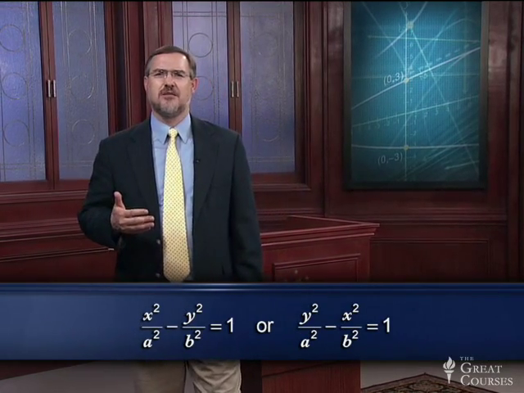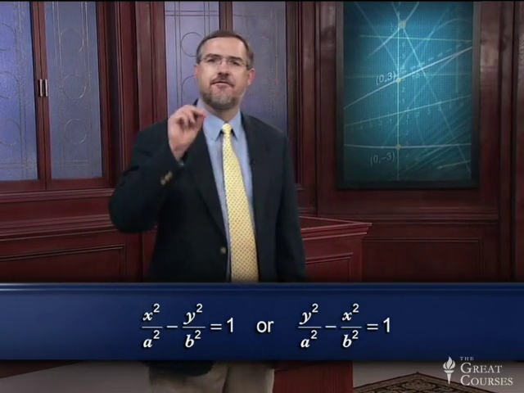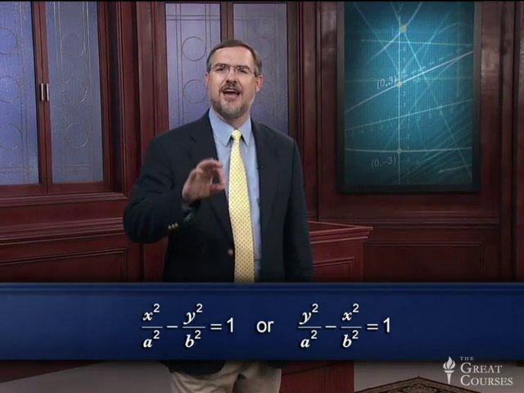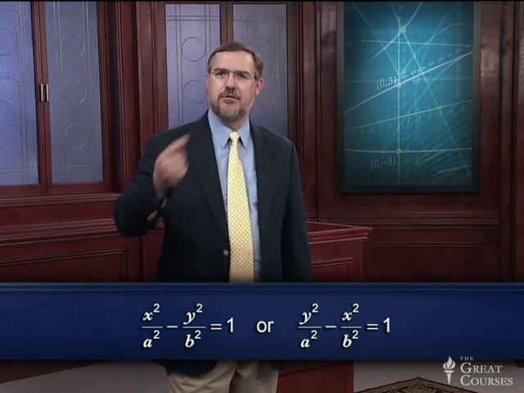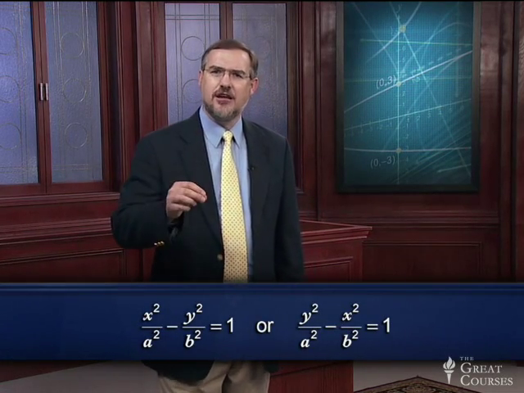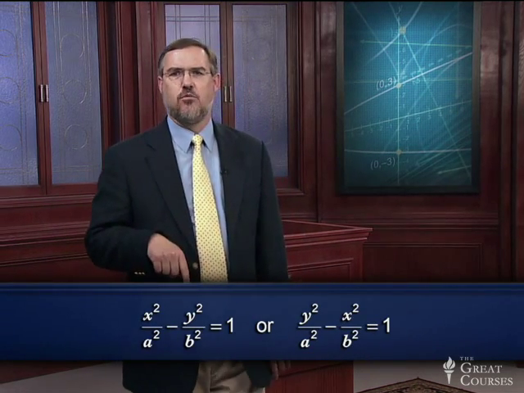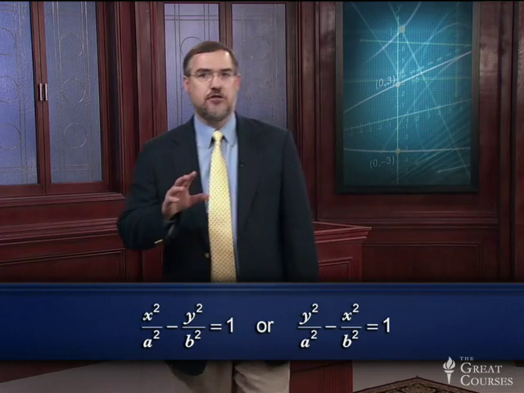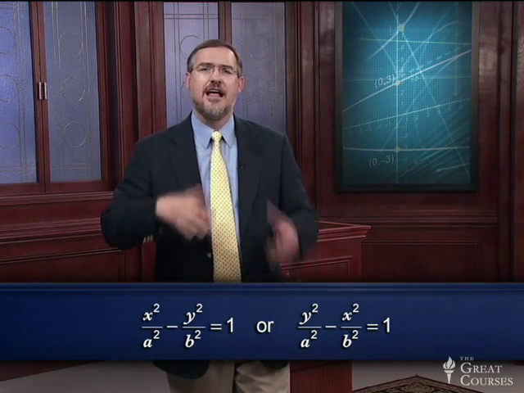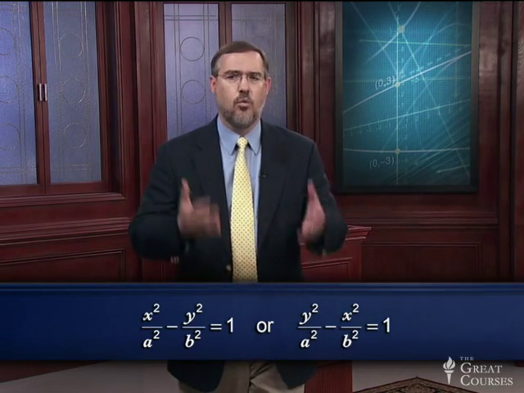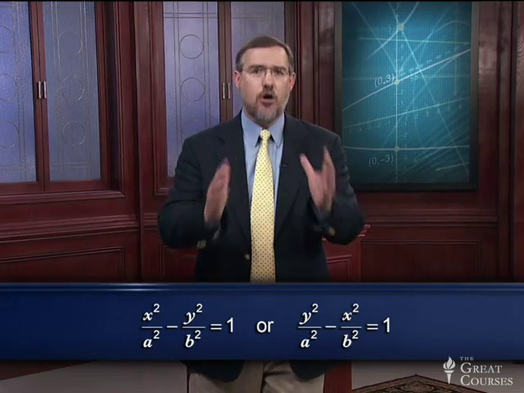It sounded like you said the same thing twice. Well, from an equation point of view, the first of the equations I showed you has the x squared in front, and the y squared term is the one being subtracted. The second equation has the y squared in front, and the x squared term is the one being subtracted. But in both cases, there's a minus sign, and both the x and the y are squared. That's how you're going to tell, once you have the equation written in standard form, that you have a hyperbola